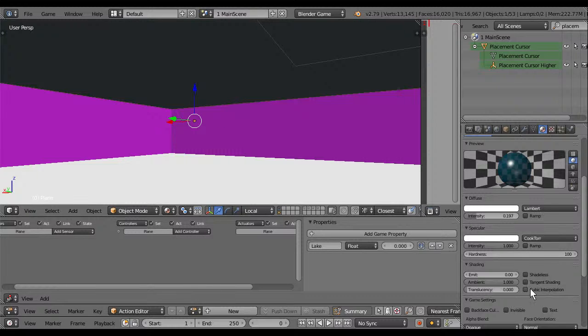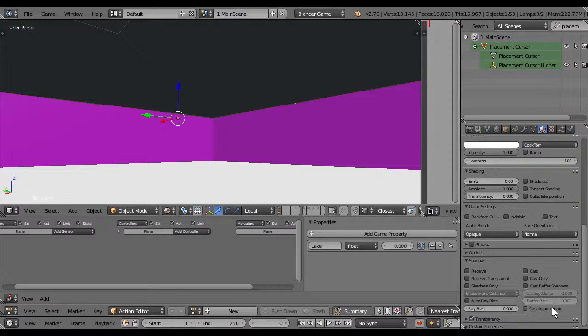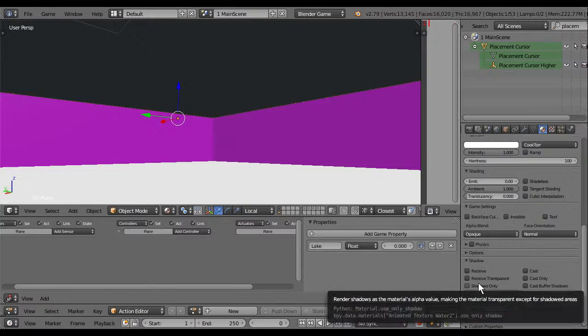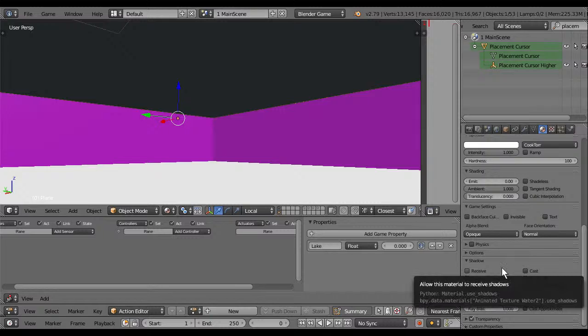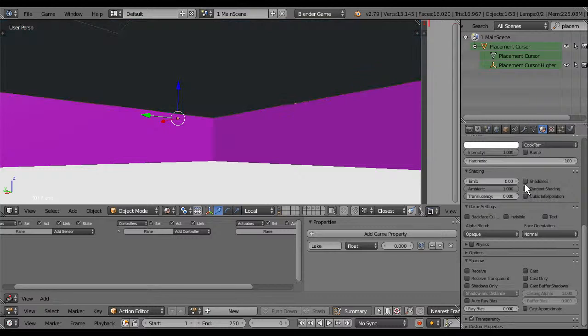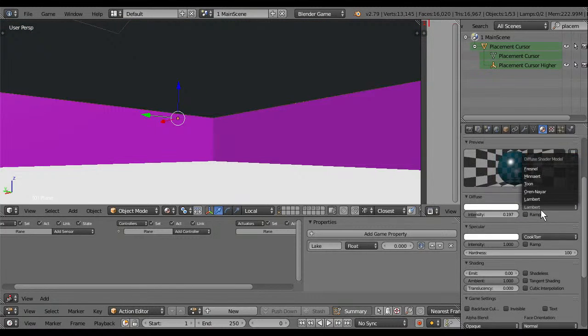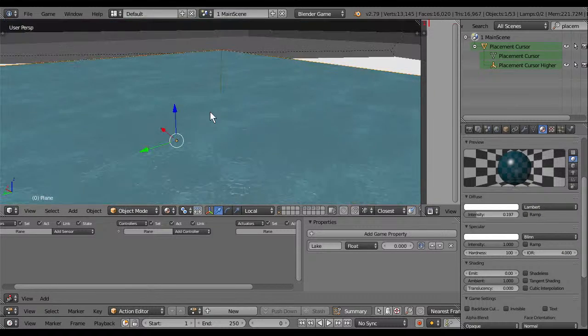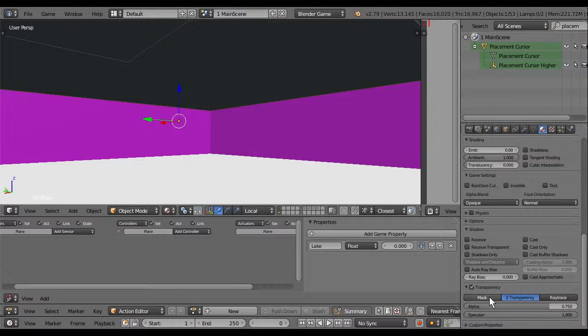No. Still receive the shadows. It has to be shadowless, nothing else I can do. I see max, no, doesn't work.